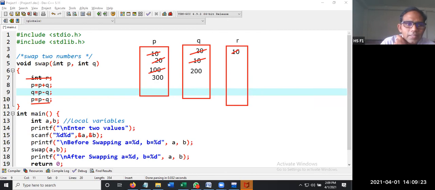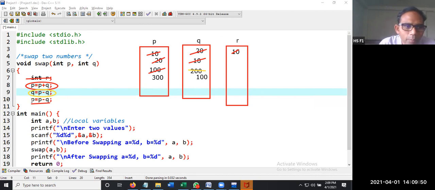This is over. Now let us go to the next line, that is q = p - q. What is p minus q? 300 minus 200. Store that into q. So here 200 is lost. 300 minus 200 is 100.